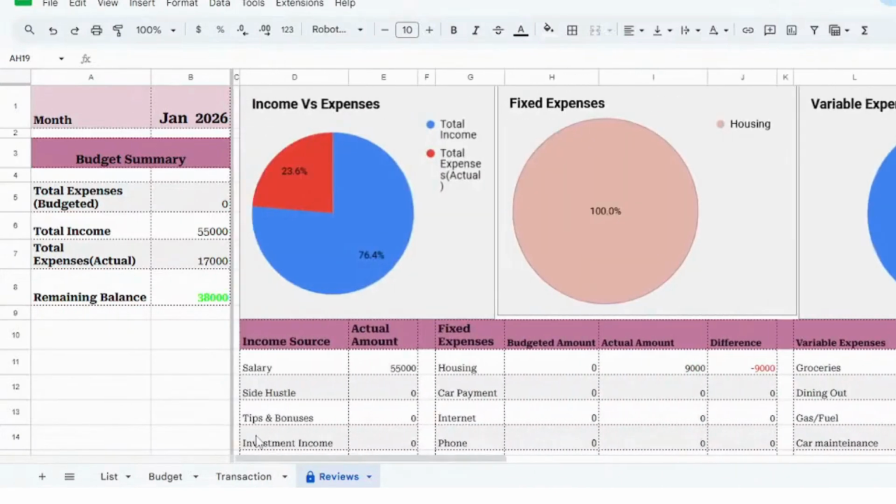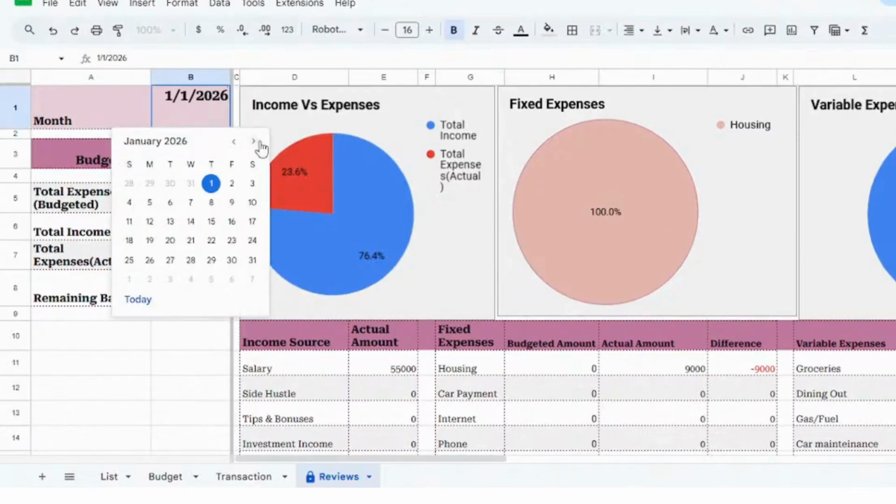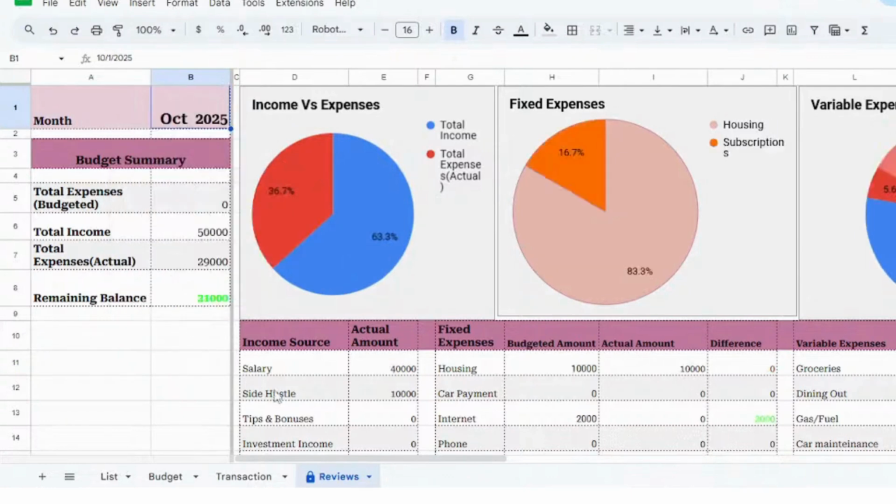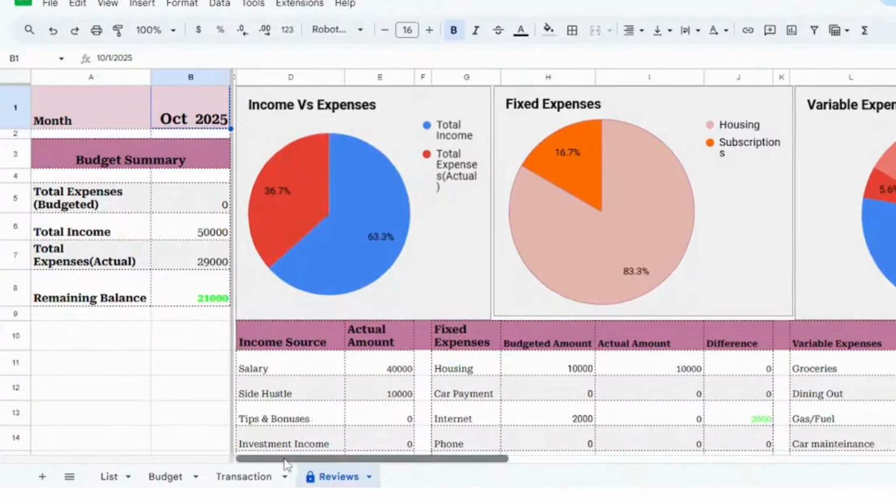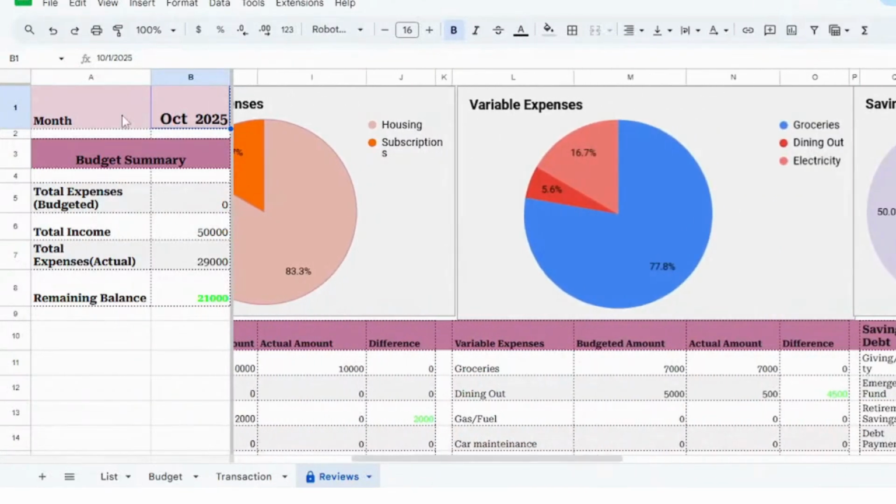Now let's move back to October 2025. There's something I want to share. Now let's say October has ended and you still have some money, you still have a balance remaining, and according to the principle of the zero-based budgeting method, income minus all expenses should total zero. So at the end of the month, the remaining balance should be